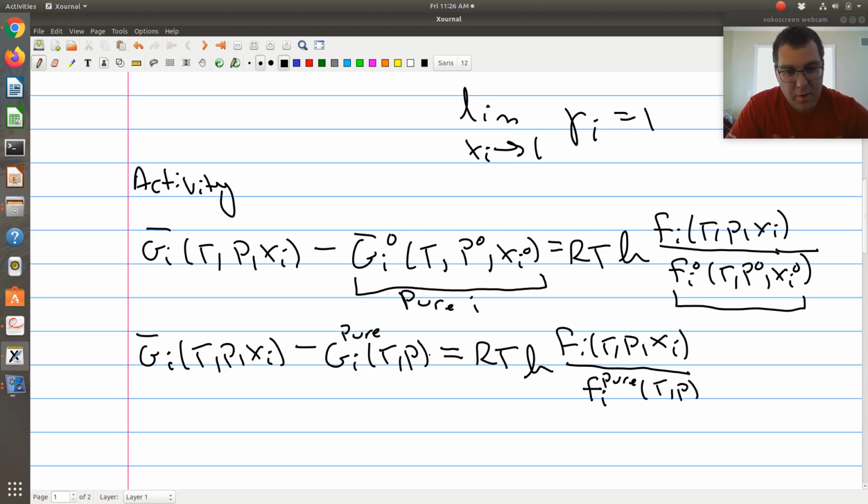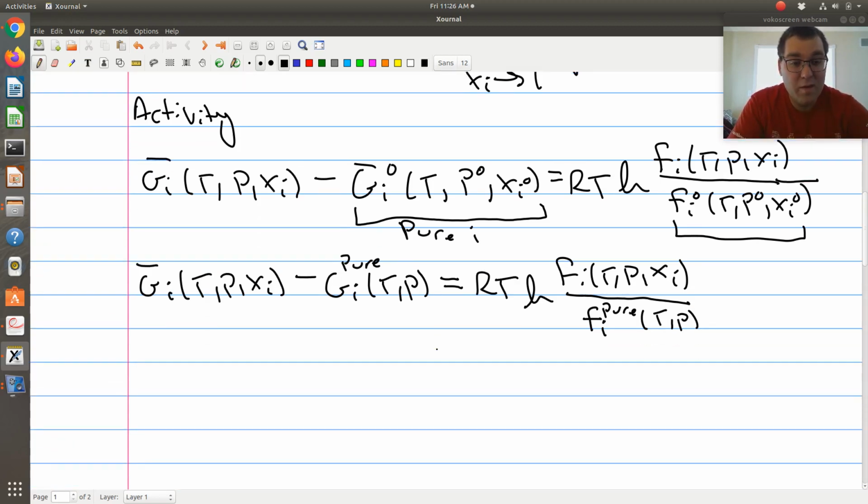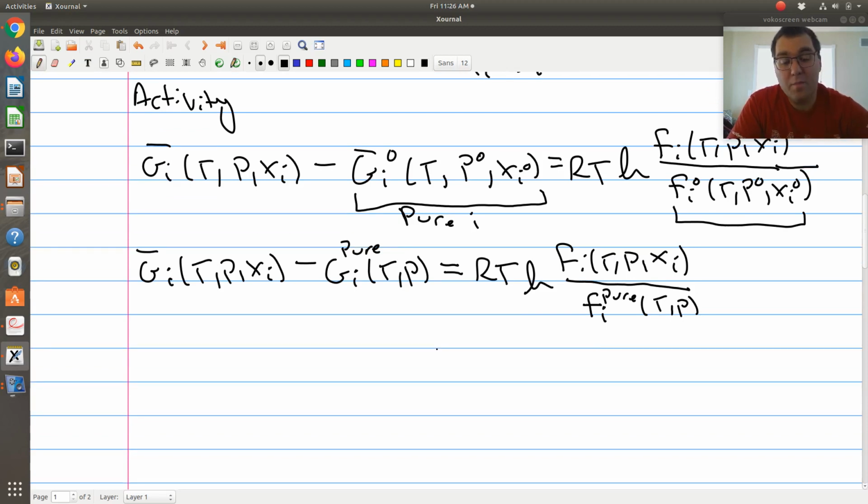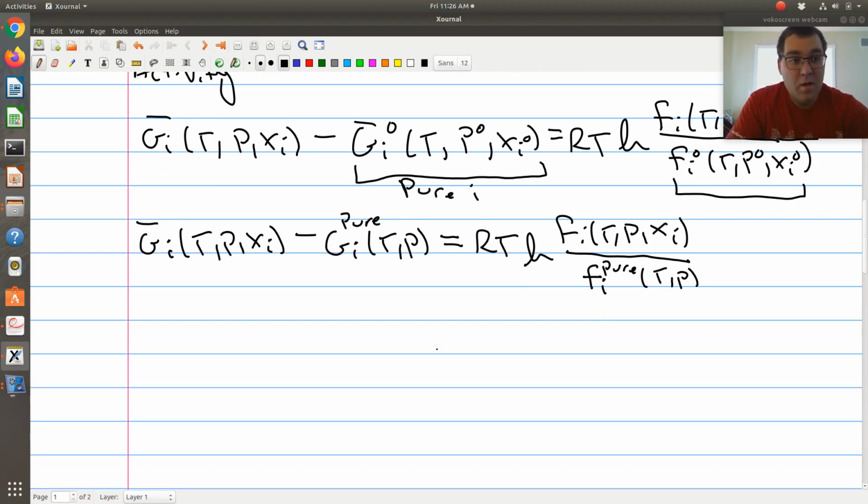Okay, so when I say pure here, it has to be at the same temperature. It's an isothermal process, but it's going to be at the same temperature and pressure. But now I'm looking at taking my standard state to be pure component I. Remember that reference state needs to be at the same temperature, but need not be at the same pressure or composition. Okay. All right. So in doing so, we're going to introduce a new quantity. We're going to take Fi over Fi pure. Okay, so now the idea is